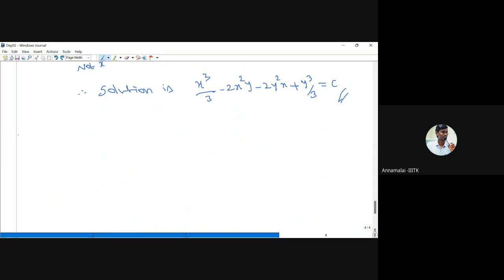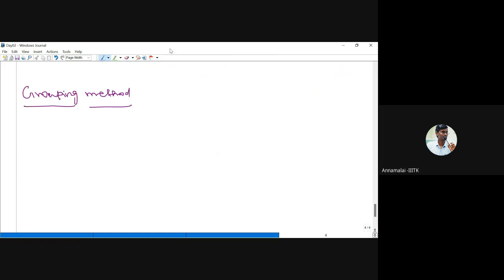So another one is the grouping method, that is, we group x terms alone, y terms alone. Now an exercise for this method, solve y plus sin y